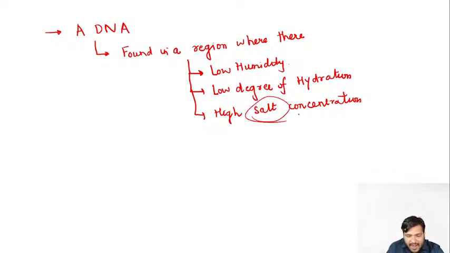Apart from that, if we talk about the B DNA, it is found in a region